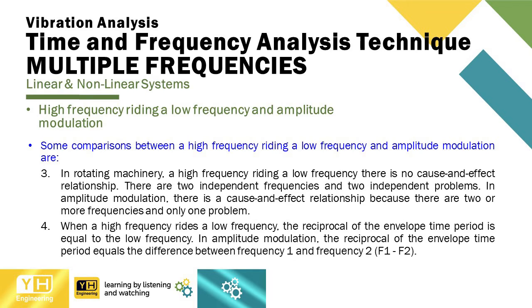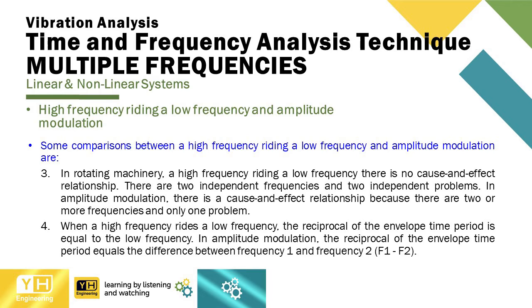modulation. Number 3 is, in rotating machinery, a high frequency riding a low frequency, there is no cause-and-effect relationship. There are two independent frequencies and two independent problems. In amplitude modulation, there is a cause and effect relationship because there are two or more frequencies and only one